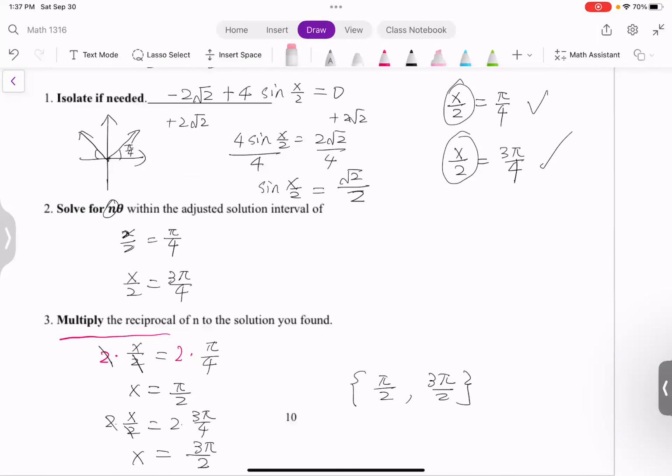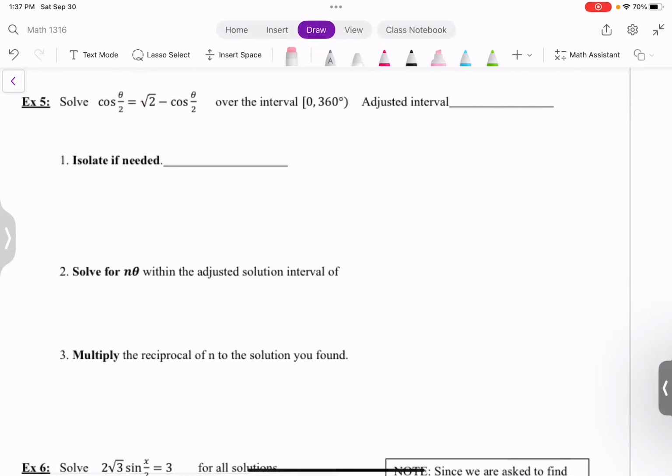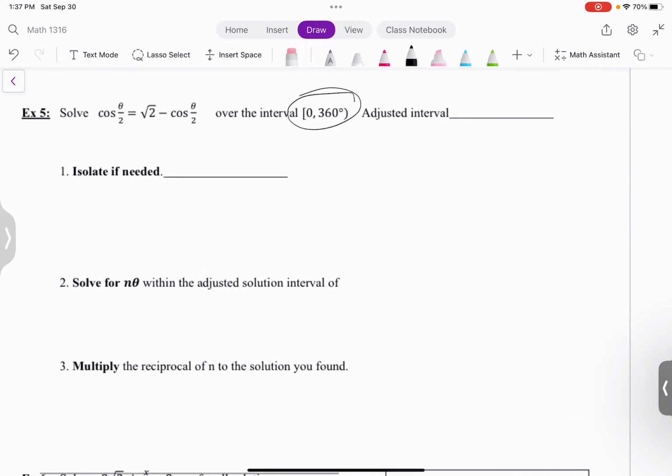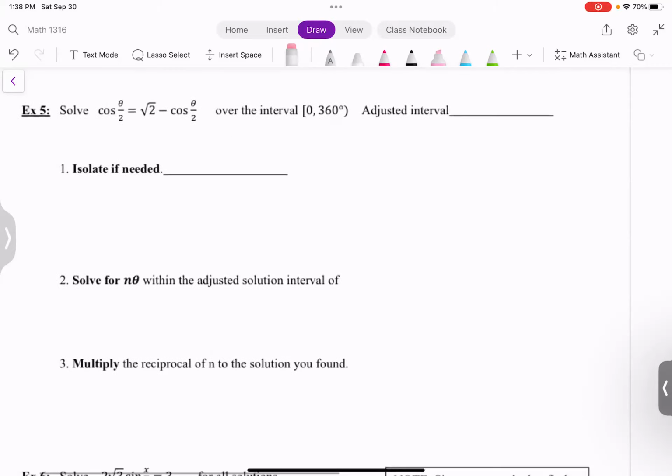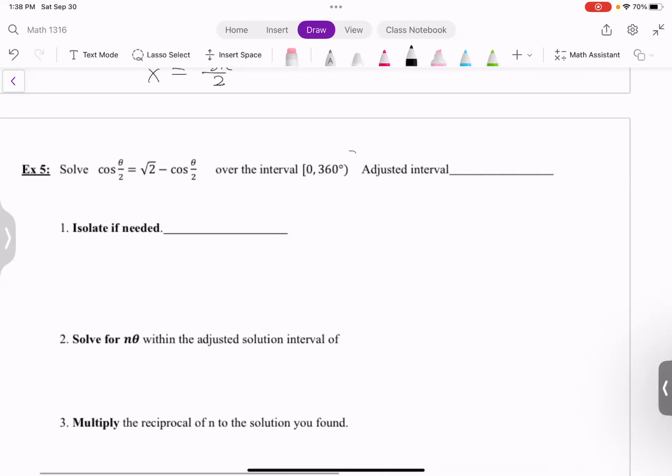All right, let's see the next one. Oh, next one, we got the interval, or we got the bounds. That means we have the limit. I cannot ignore the adjusted interval. I need to find the adjusted interval first, and then move on to find the general solution. So first step, the question is asking to find the theta between 0 and 360